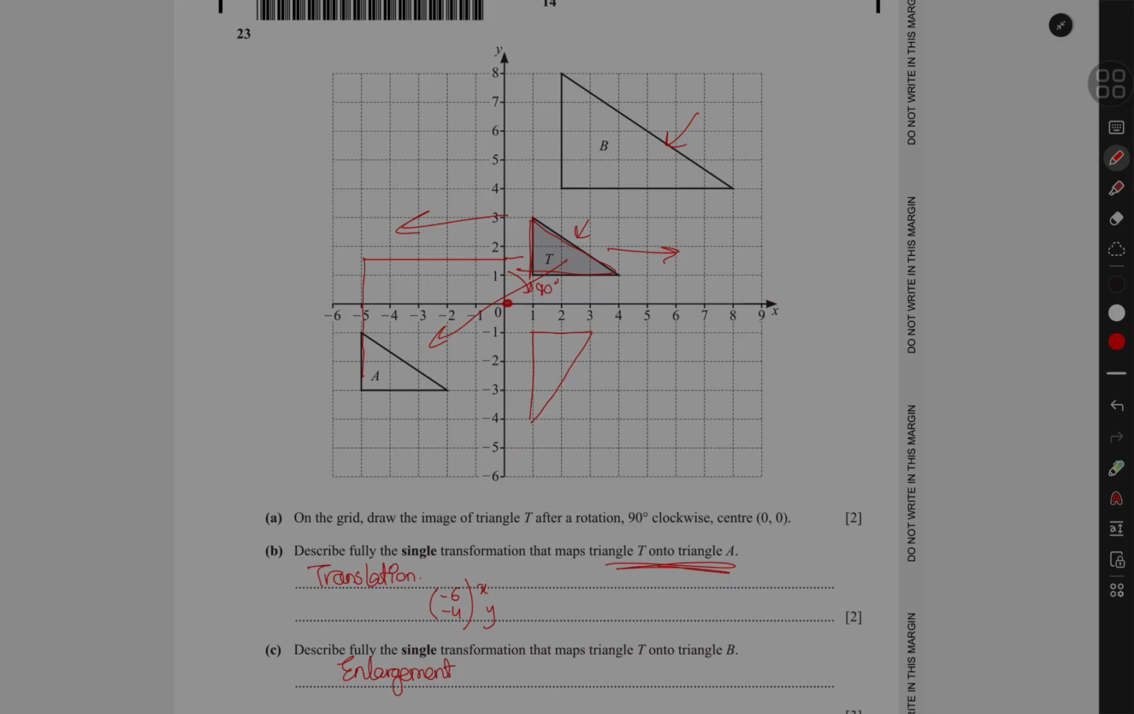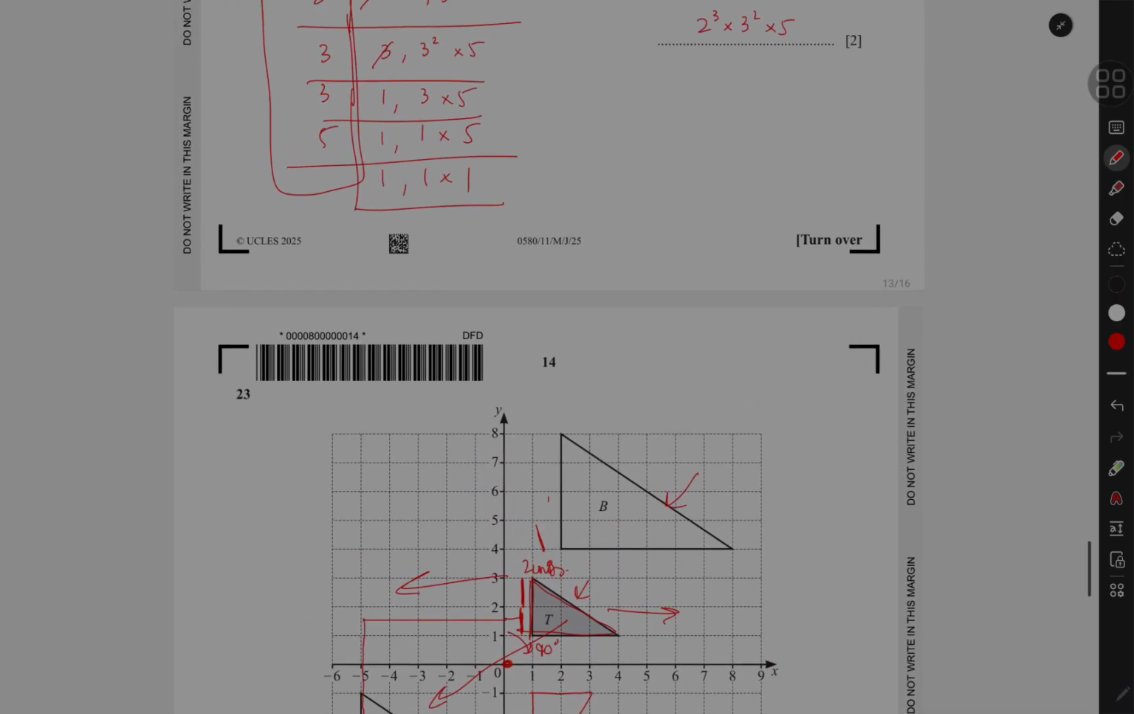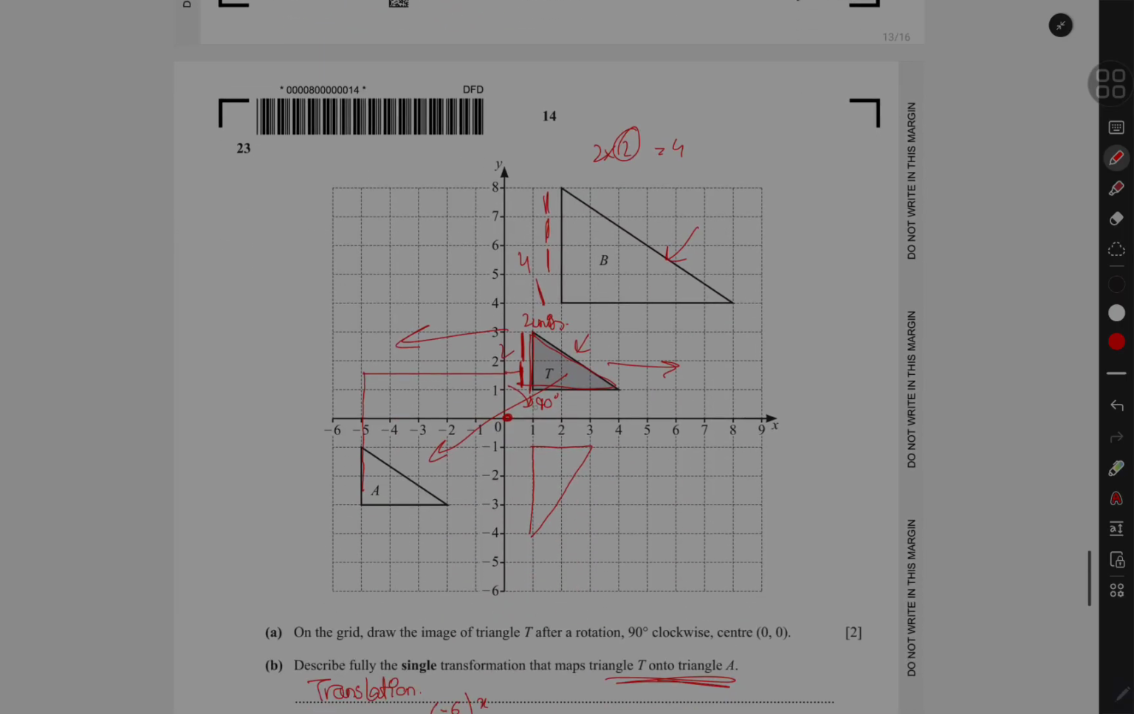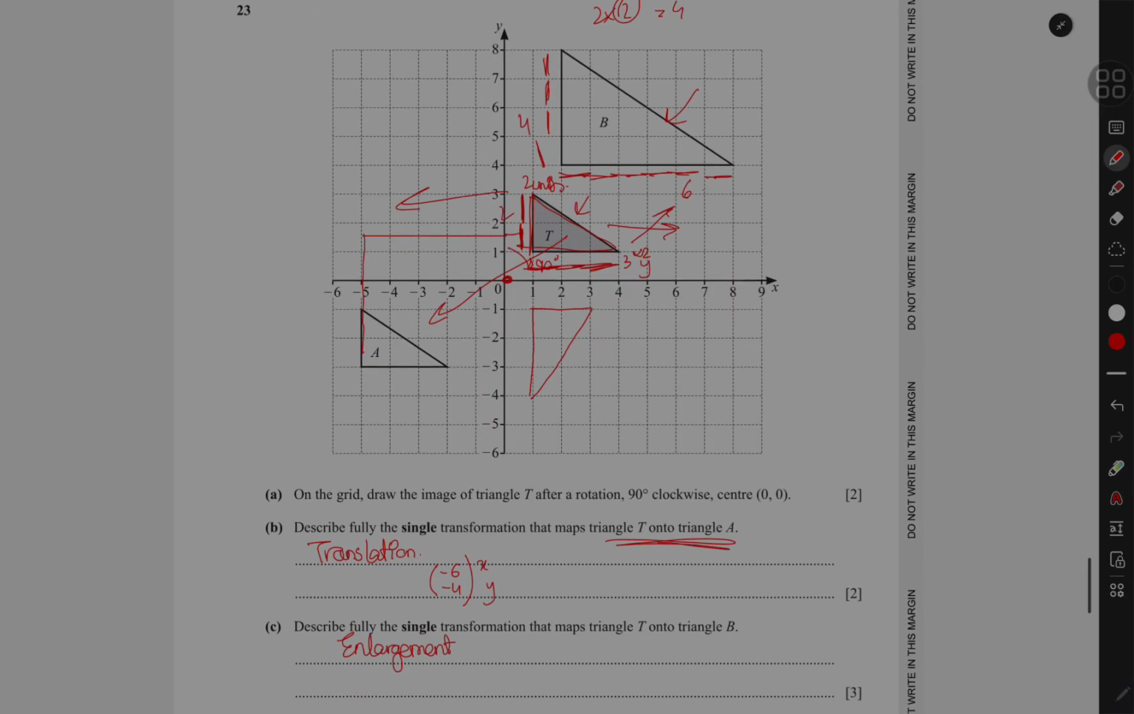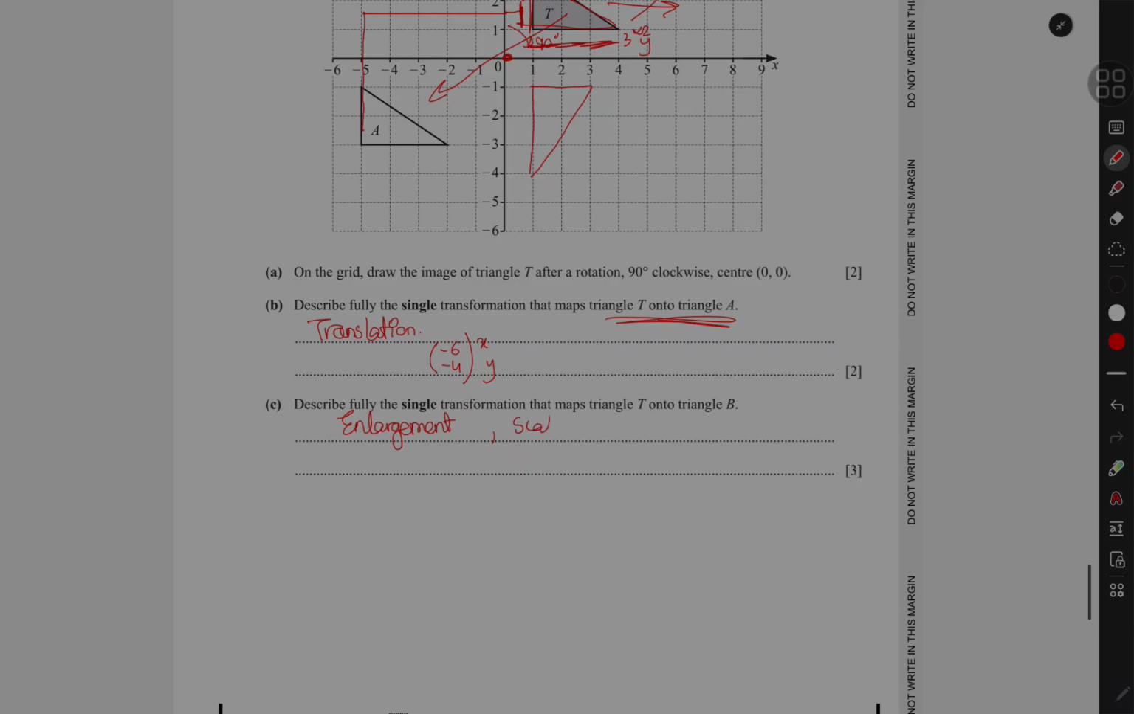So the y units are 1, 2. 2 units y. So here we have 1, 2, 3, 4 units. So 2 becomes 4. So 2 times 2 is 4. So the scale factor is 2. And here 1, 2, 3. So we have 3 units of y. Here we have 1, 2, 3, 4, 5, 6. So 6 units. So 3 times 2 is 6. So the scale factor is still 2. So enlargement, scale factor